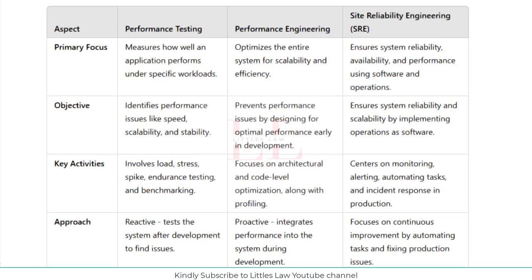And when it comes to monitoring, the SRE should use tools like Prometheus or Grafana to monitor metrics like the server CPU usage, memory consumption, and the API response times in real time. So that is the key activity of a site reliability engineer in terms of monitoring. And also he has to set up the alerting as well. So he has to set up automated alerts to notify the team if the app experiences slowdowns or any downtime or any resource overconsumption. So for instance, if the CPU usage exceeds 80%, an alert is triggered